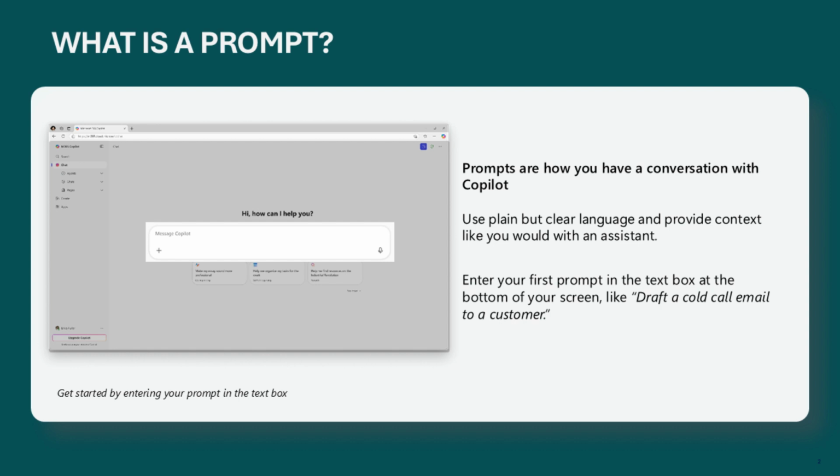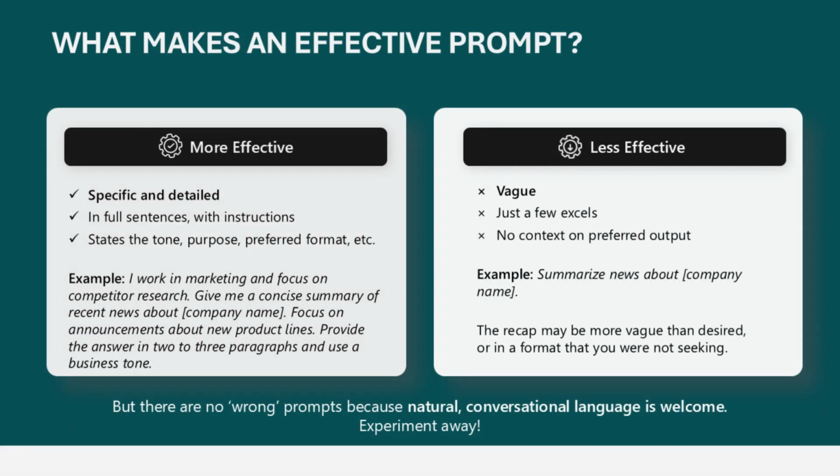In AI Foundations, you were introduced to introductory prompting training. Clear prompts help Copilot better understand what you need and how to respond. In the previous module, we noted that Copilot, like all AI, can generate generic content. In this module, we'll focus on how prompting helps reduce that. The clearer and more specific your prompt, the more Copilot can deliver results that are tailored, relevant, and useful, rather than generic. Let's compare less effective and more effective prompts.